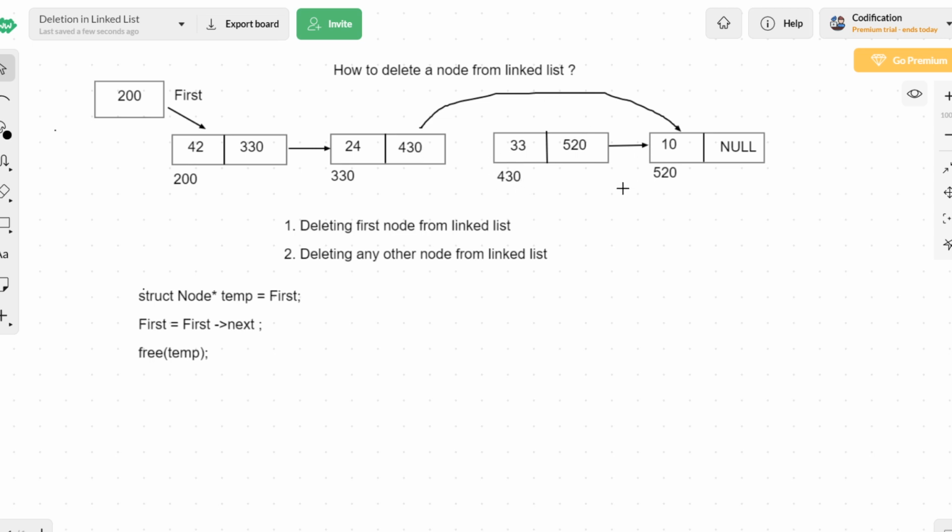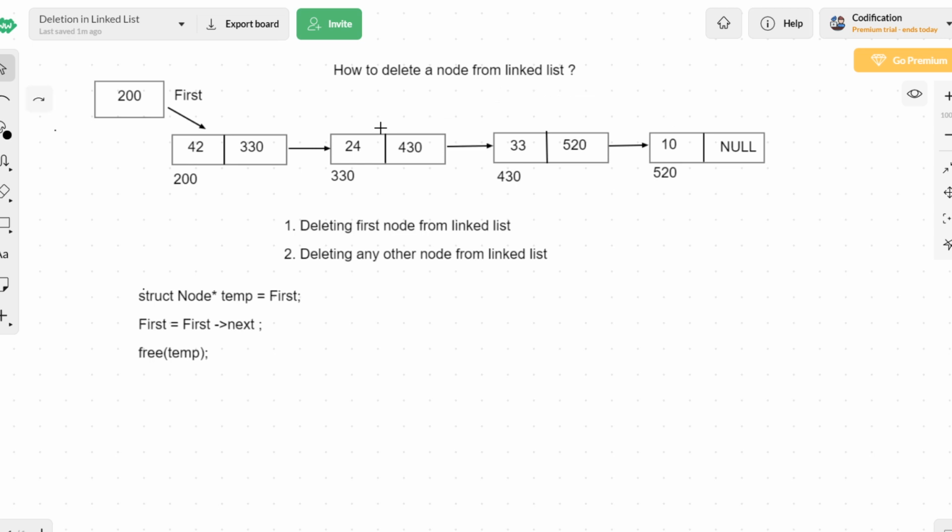That's it. Okay, so which are the two nodes that we need to access? One is this node with data 24, and the other is this node with data 33. So you require two pointers to point to these two nodes. Let us take P pointer and Q pointer. Let this be P pointer, and let the previous node be Q pointer. Always we need to maintain the address of the previous node also. We should have the reference of it.